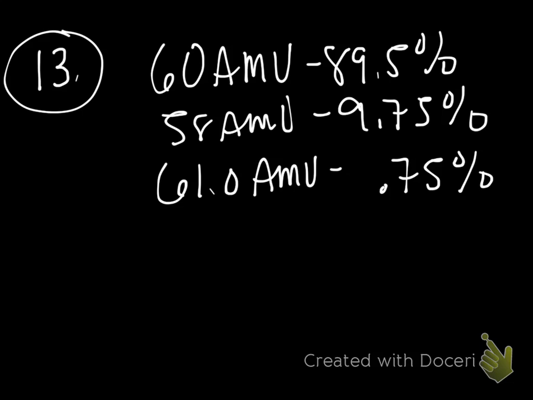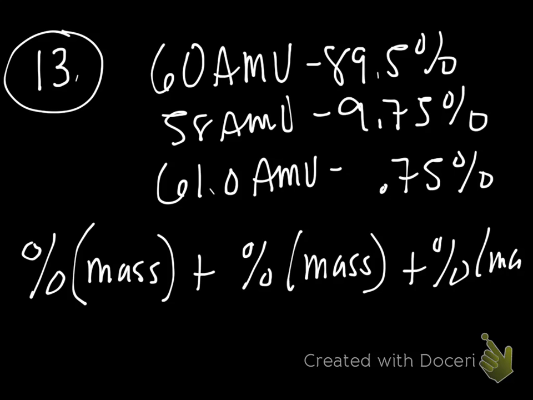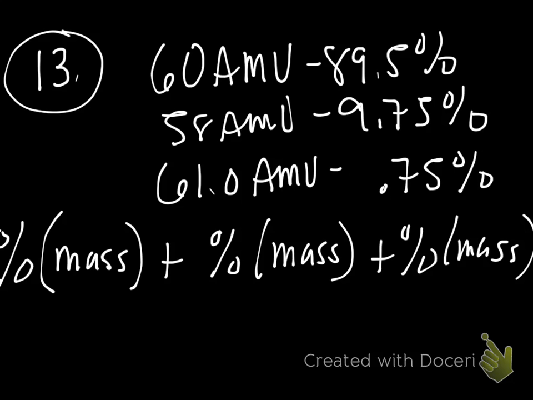We take the percentage times the mass at that percentage and add them up. Now, you have to convert that percentage to a decimal form. So this is going to look like,